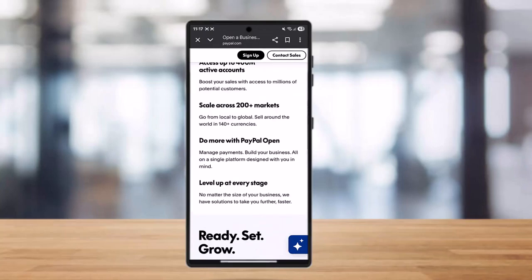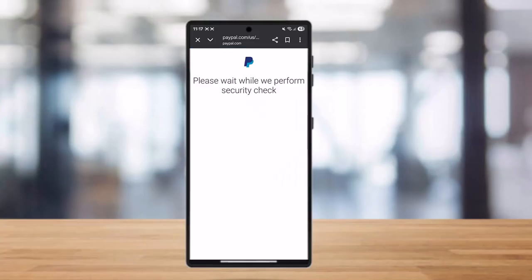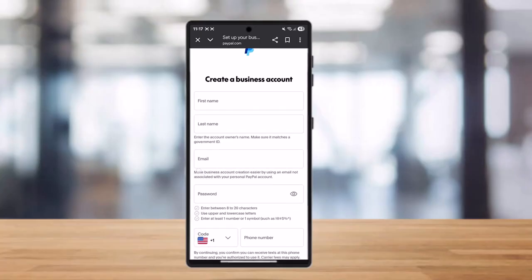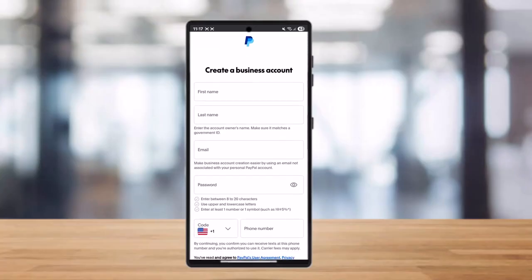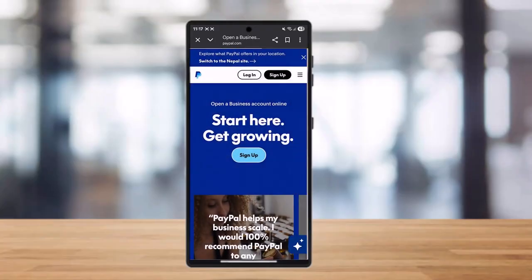You need to fill in the details for your subscription product, such as name, description, and your ID as well. You need to define your pricing plan, including a trial period, set up fees, and the billing cycle, for example daily, weekly, or monthly. Once you have done this, you can create a button or link for the subscriptions to